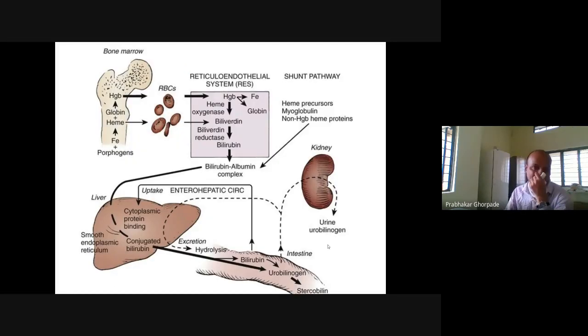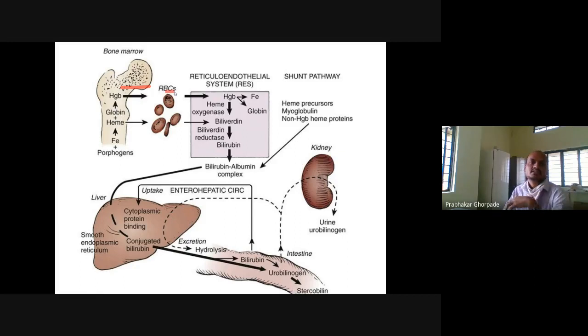So basically, whenever we are talking about bilirubin, we should know where it comes from. Briefly, I have kept this diagram here to help you understand. What is bilirubin? We all know that we continuously need an oxygen supply for our body, right? So this is hemoglobin. The iron combines with the porphyrin, and we get heme and globin. Here heme and globin combine, and you get hemoglobin.